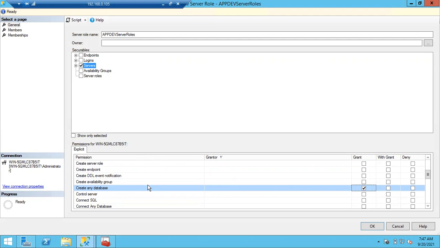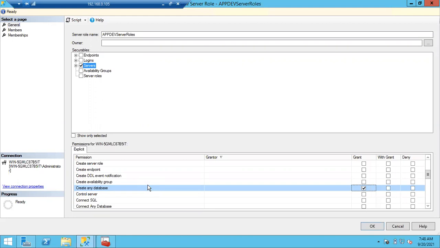This is the list. From this list, whatever permissions you want, you can add, either grant or deny, that is your wish. Okay, I am just showing. A customized server role is nothing but a collection of customized permissions. You can add permissions to the role, you can remove permissions from the role. That is called customization. Whereas fixed server roles, we cannot do that.